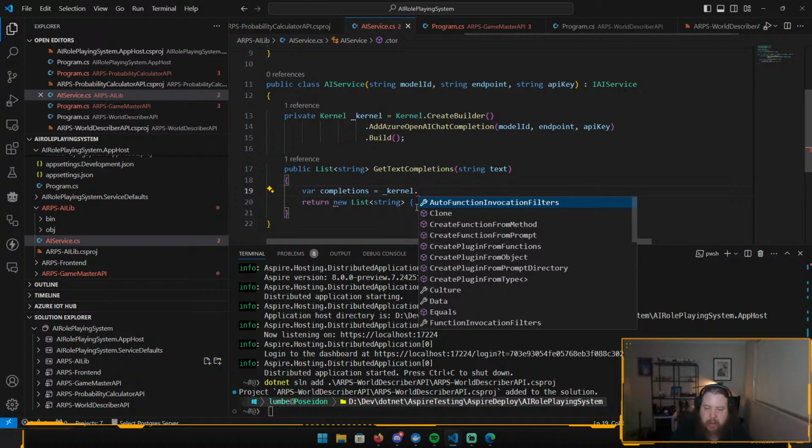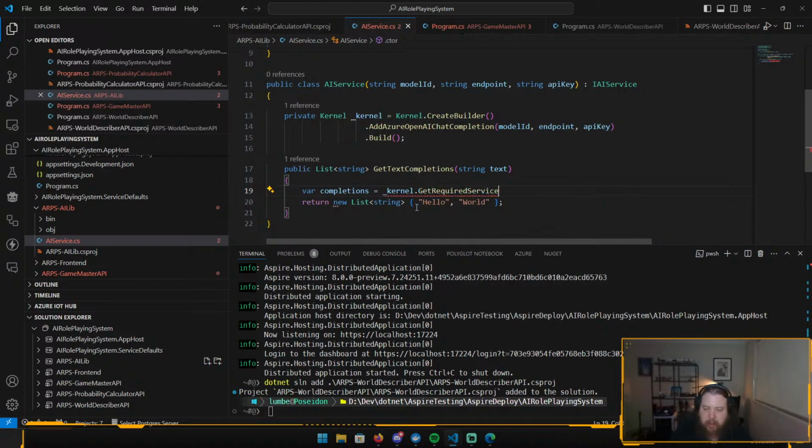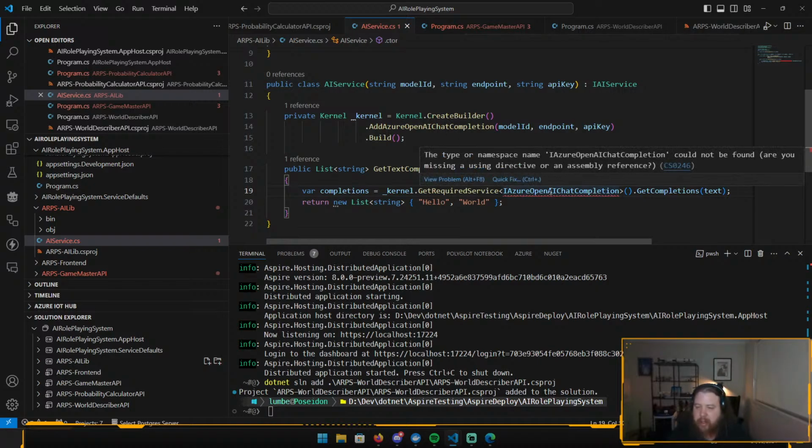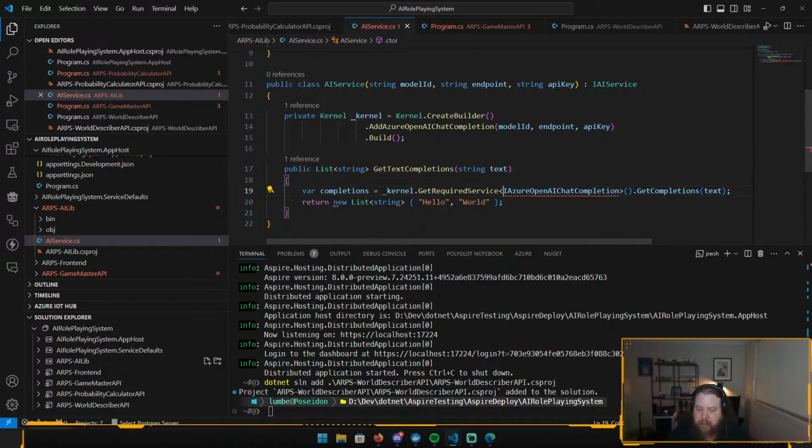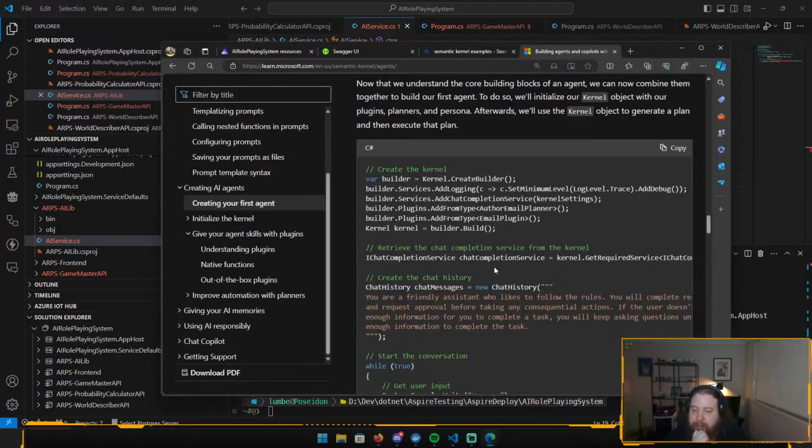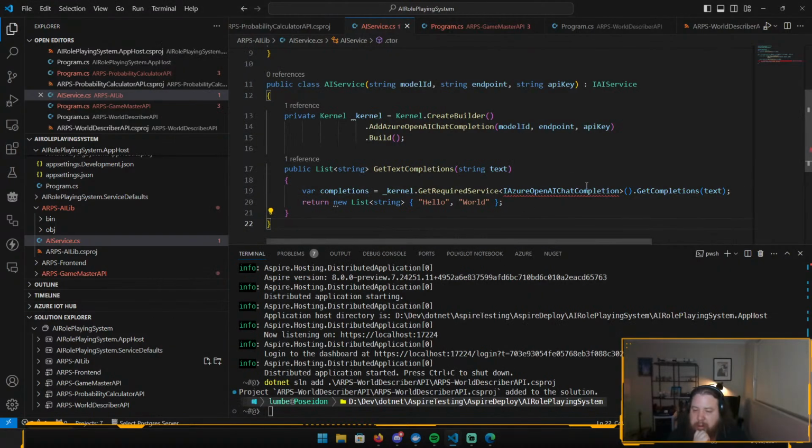Kernel dot required service, and it doesn't have. Yeah, I'm getting bogged down in this now. I didn't really want to get bogged down in that one. Okay, no, this is gonna get